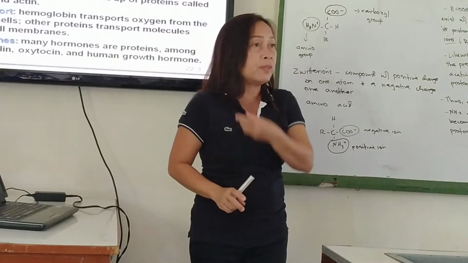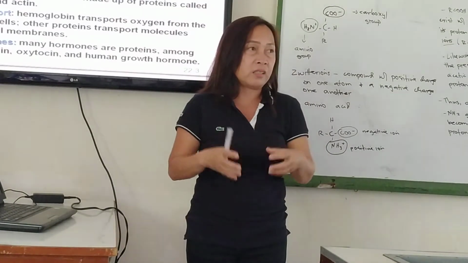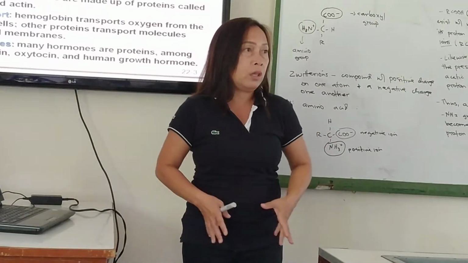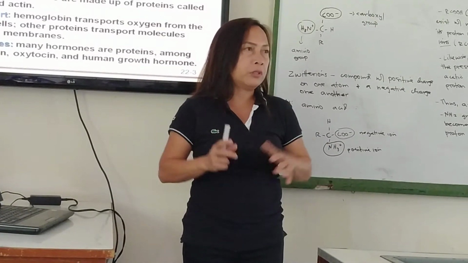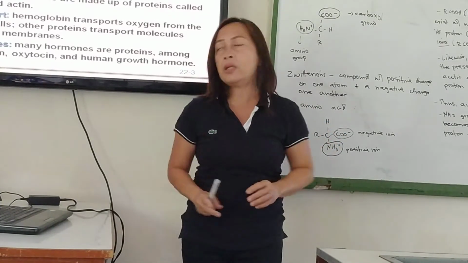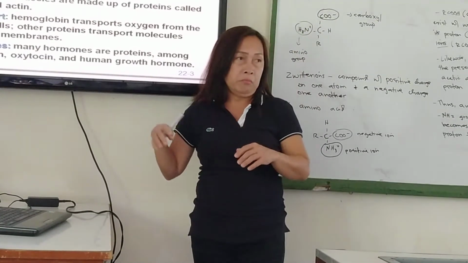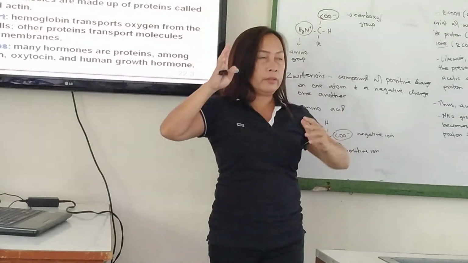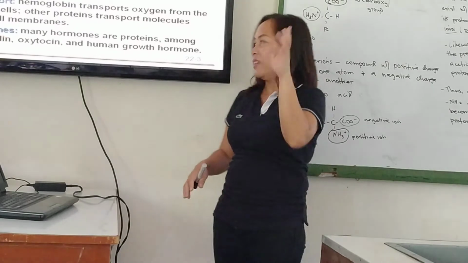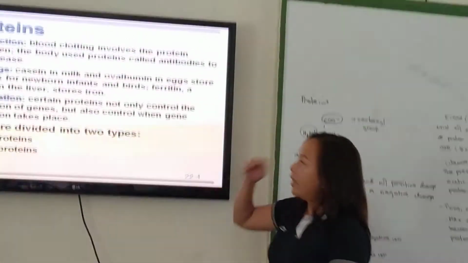Smooth muscles, they are made up of smooth muscles. So that stimulates the contraction of the smooth muscles in the reproductive organ during delivery, especially the uterine wall, meaning the wall of the uterus. So that helps expel the baby out during delivery. And then of course you have the human growth hormone that made you grow taller. Taller or wider. So you have the primary, secondary growth. Okay, another we have